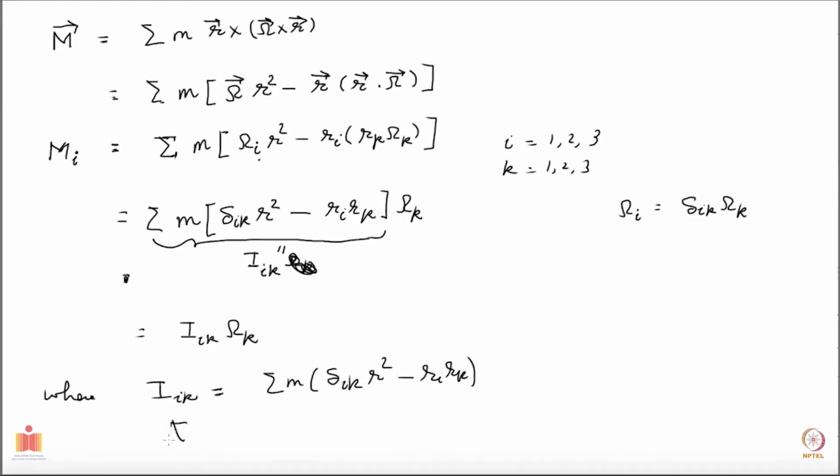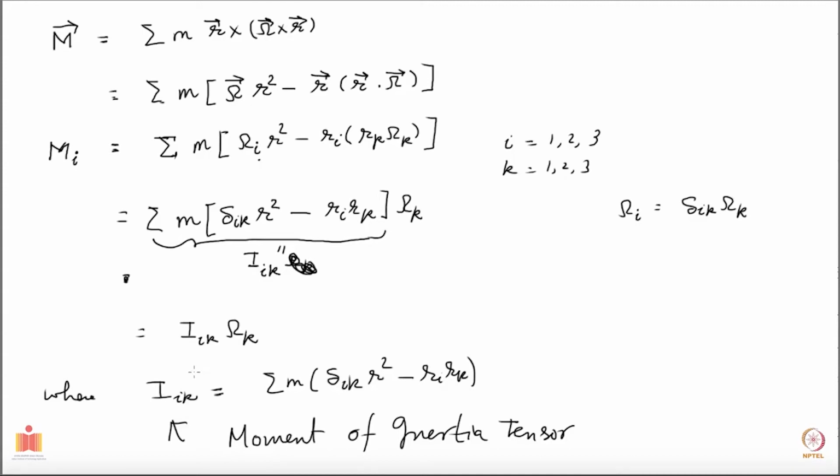Okay, and this is called the moment of inertia tensor. Okay, it's not a scalar, it's not a number, it's a tensorial quantity, it has two indices. If you have never seen a tensor before, I would encourage you to read some book. It's fairly trivial quantity, or maybe I will probably devote some minutes to this in a later video, but in case I don't do it, please read some book.